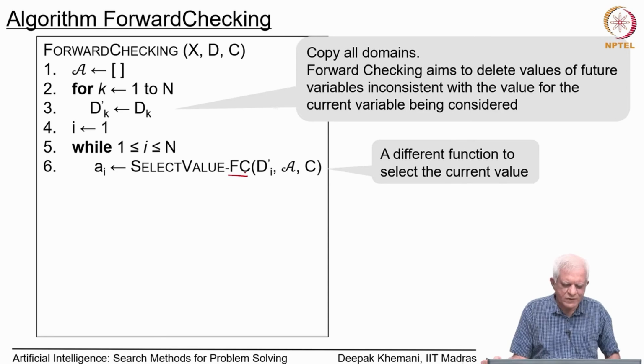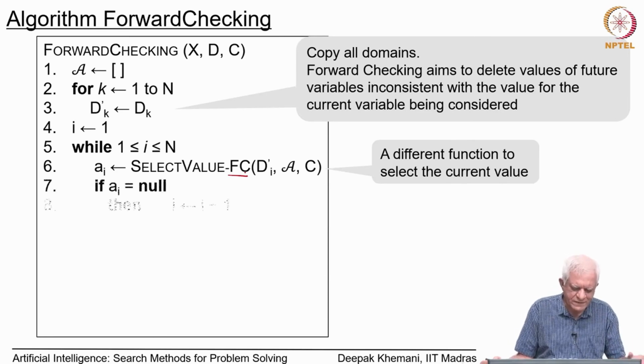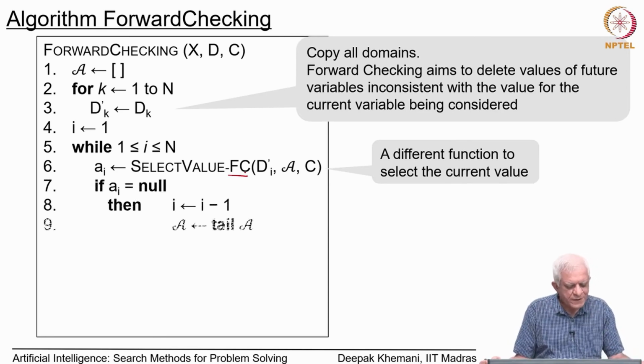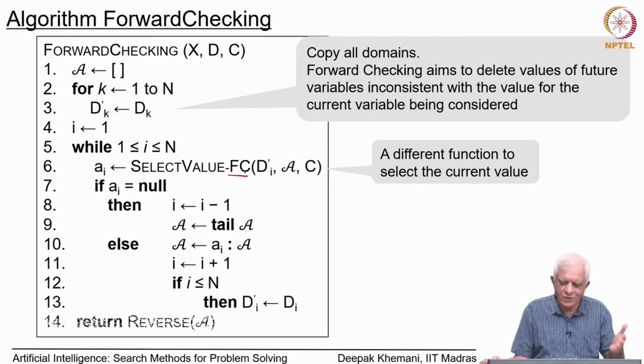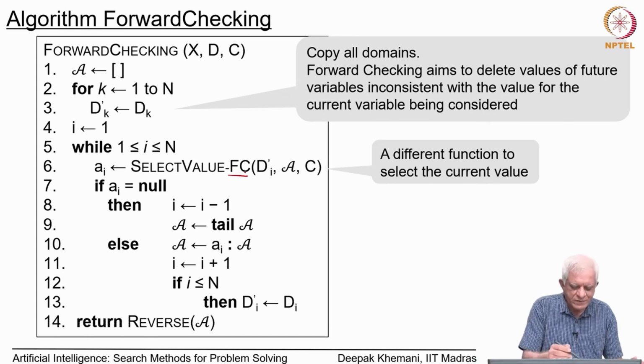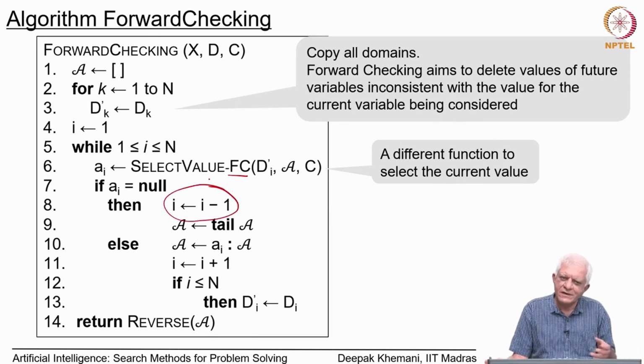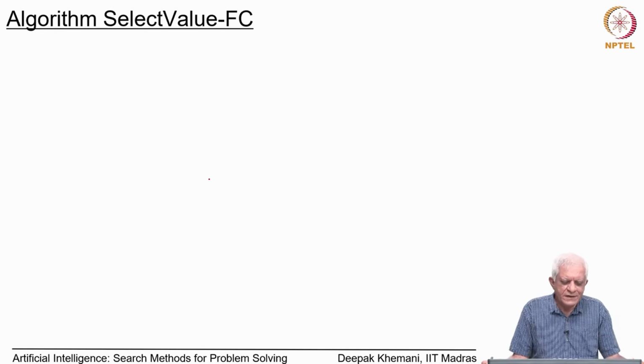So, after we have got a value, the rest of the algorithm is like backtracking itself. In fact, it is the same piece of code that you can reuse. If the value is empty, then backtrack, and if the value is not empty, then augment the assignment and go on to the next variable essentially. So, what I said a short while ago is that if you were doing intelligent backtracking, instead of saying i is equal to i minus 1, you would do something more interesting, but which we will not look at here. So, let us look at the select value forward checking algorithm here, and